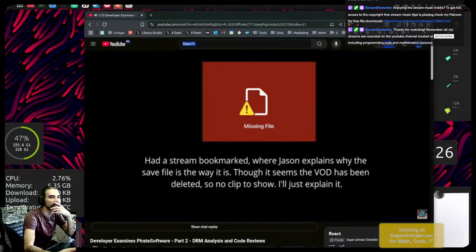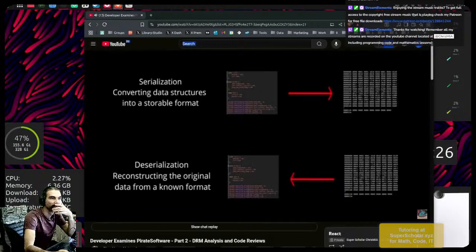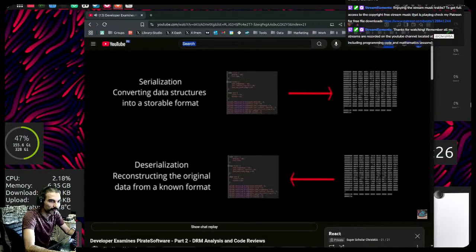Every single game that has a save file has something called serialization, which is the process of taking your game structure and data and converting it into a format, like JSON. Deserialization is the process where your game reads that format and reassigns the values into the correct places. This is serialization and deserialization, respectively, and it's a basic concept when making a save file. It's literally a basic thing nearly every single game has. So, yes, it's perfectly safe to not use the one-dimensional array here.